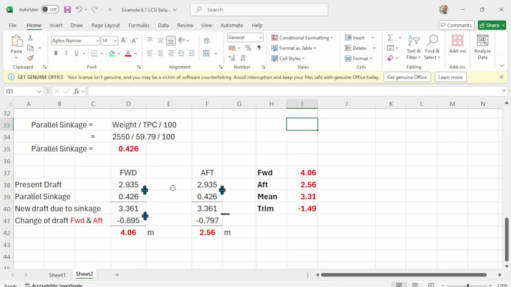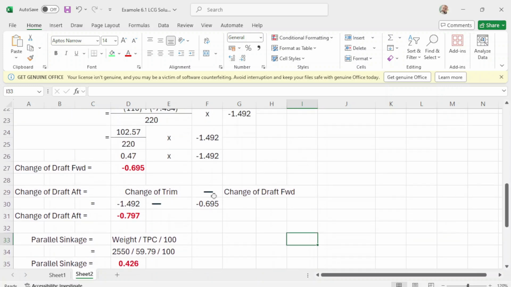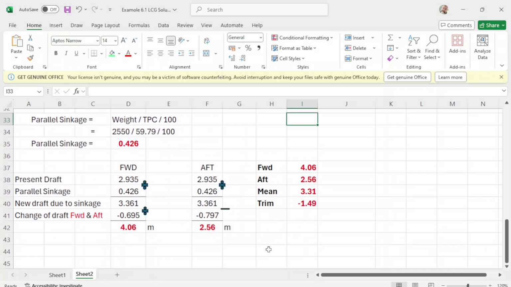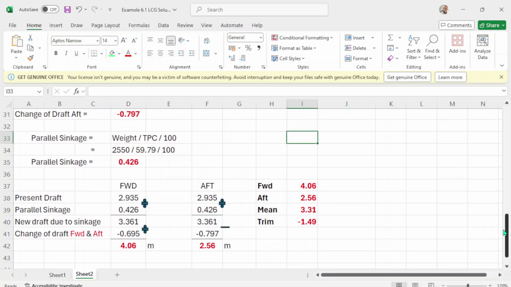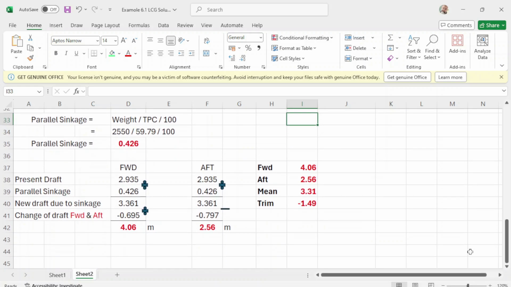Okay, now you apply the change of drop forward and up. So your change of drop forward is negative 0.69. So you put here negative 0.69, and change of drop up is negative 0.797, which is this one. In the forward part, you add. Why?